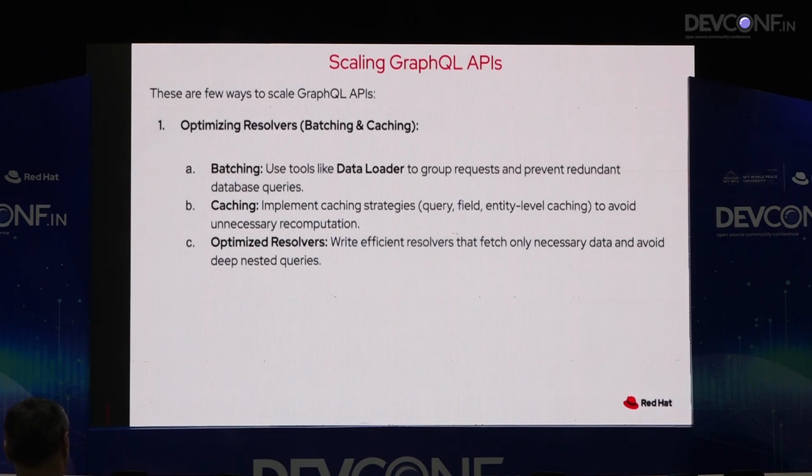They take the keys for those objects, batch them together, and create one network call to the data source. It gets the result for all those keys and then maps it back to the original GraphQL response.